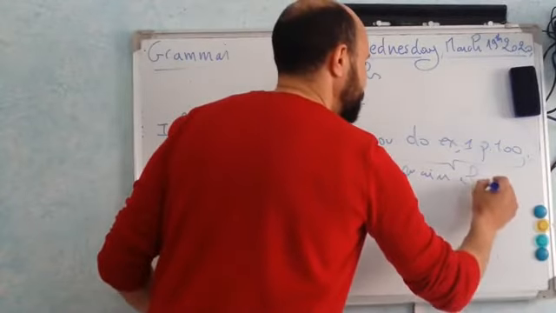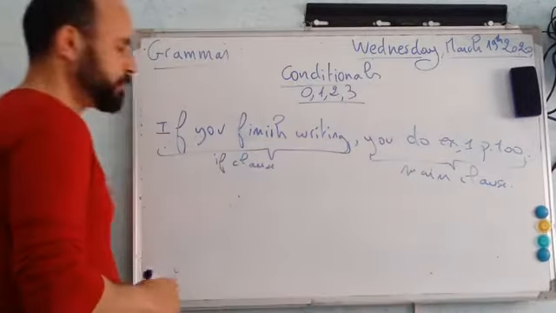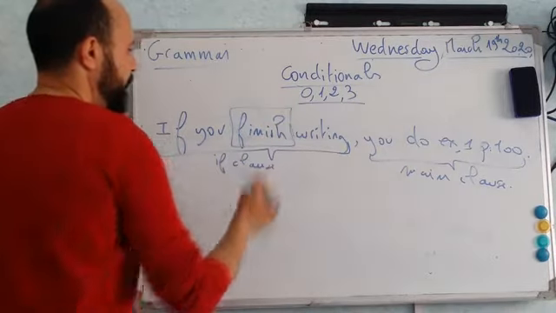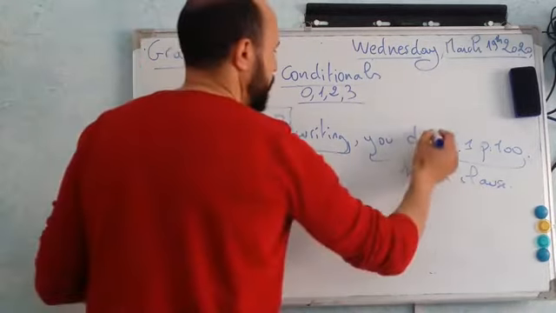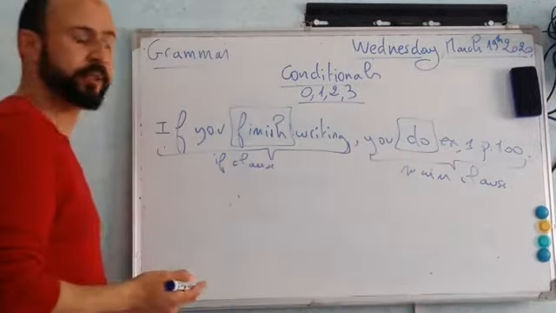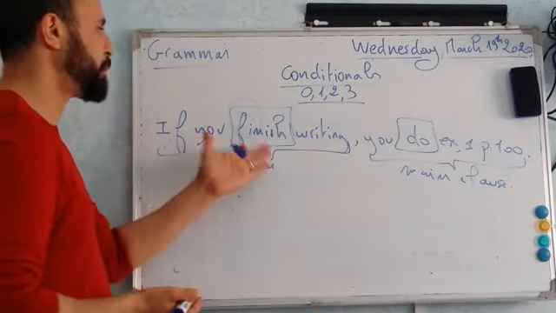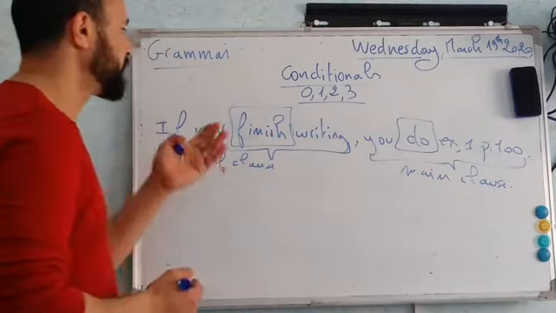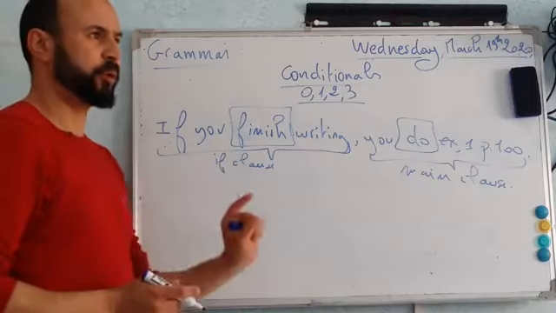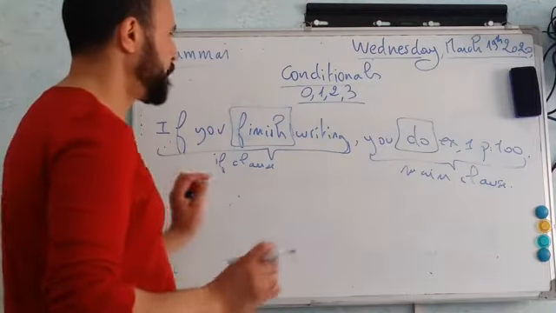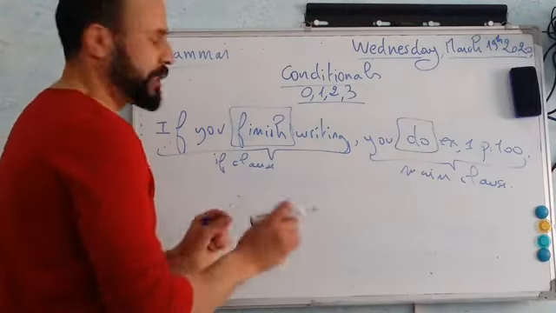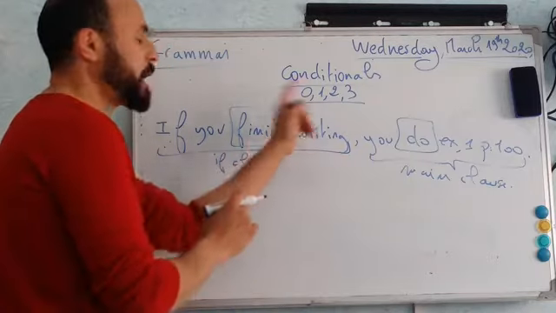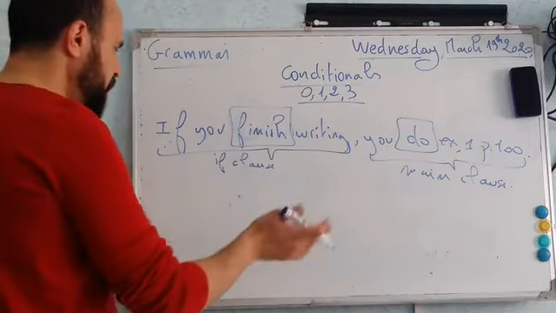So, as you may see, the verb finish, simple present. You do, simple present. So, if plus simple present plus simple present. This is our rule for the conditional type 0. Before we finish this lesson and wrap it up today, inshallah, because it's just a quick lesson, and I'll be doing another video for the conditional type 1. So, to summarize,